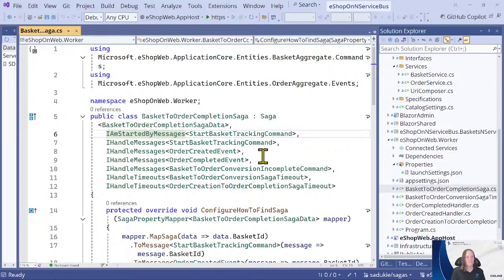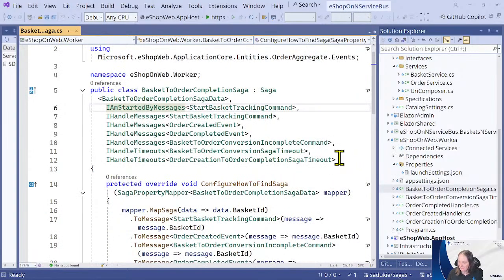So if I didn't go from basket to order in a certain period of time, a timeout will occur. And then basket to order conversion saga timeout. Those two, when we look at the code, go hand in hand. Then there's the order completion saga timeout, which is going from order creation to order completion in a short amount of time. If that didn't happen, then that timeout's going to expire. And again, for demo purposes, they're very short.